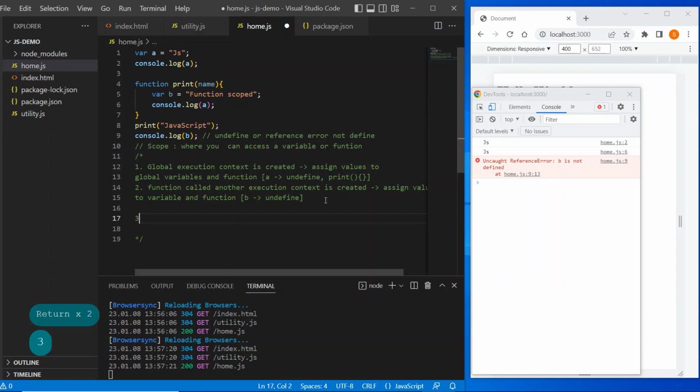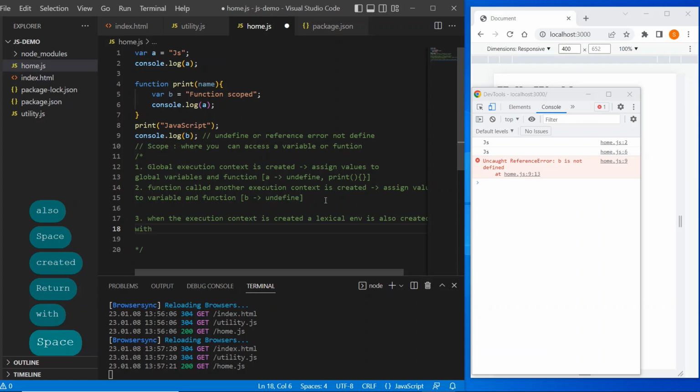And the third and very important step to understand how scope works is, when this execution context is created, a lexical environment is also created with it, that contains the variables defined within the function.